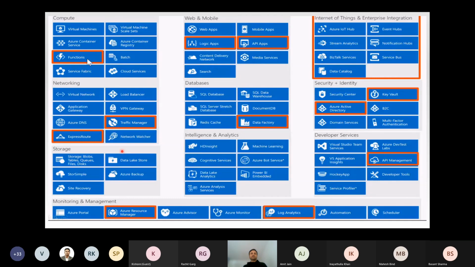So this is a picture I got from somewhere. It shows that there are multiple things available in Azure, and what could be used in different scenarios. So maybe Function, ExpressRoute, Logic App, API, Data Factory. There are multiple services which are possible to use. When you're thinking about your integration, it is very easy to get lost in these offerings actually.